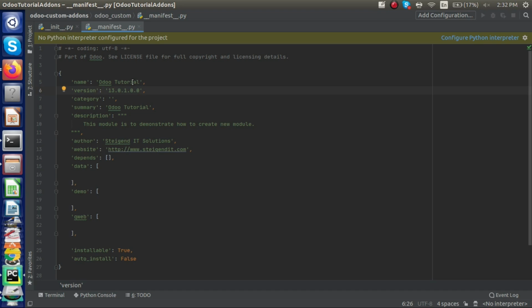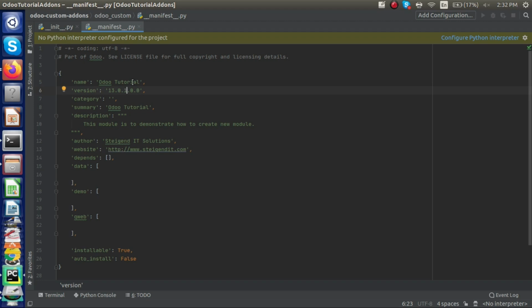If a module is developed in version 13, the version in the manifest file will be 13.0.1.0.0, and the last three digits, 1.0.0, carry meaning. Let us call them x, y and z. The x is incremented whenever any change happens in the model or any view.